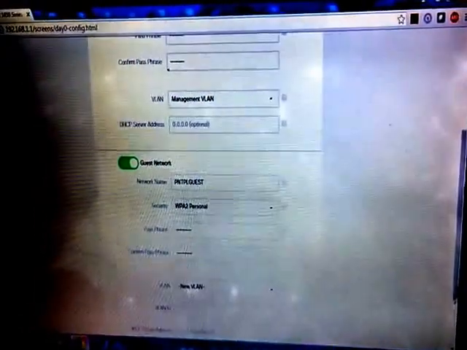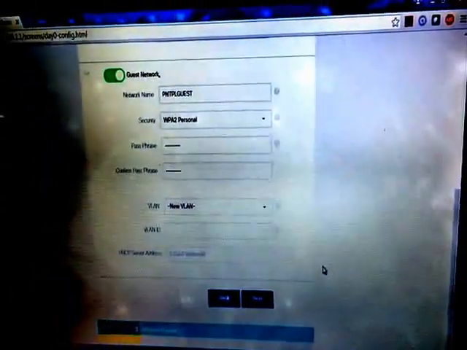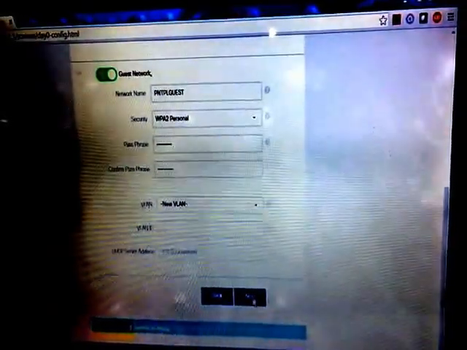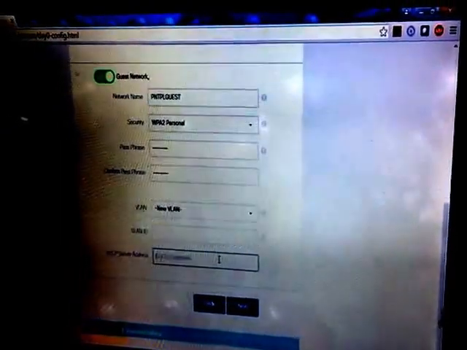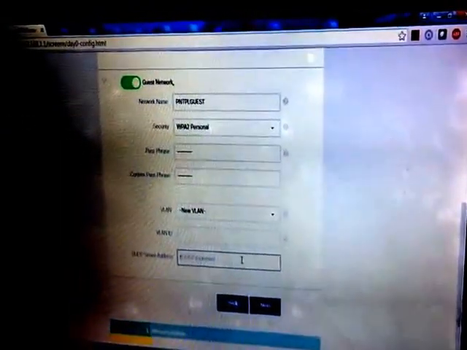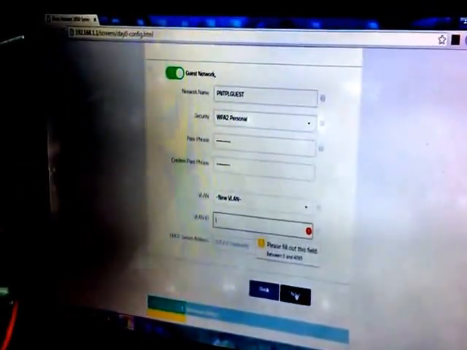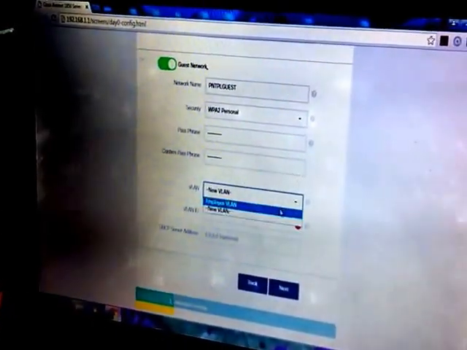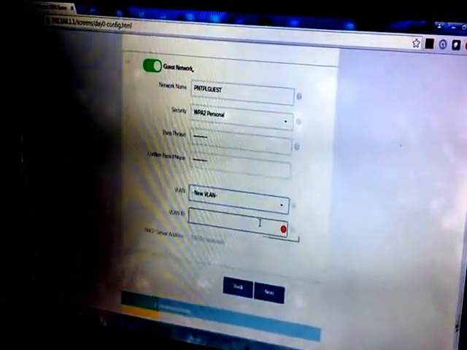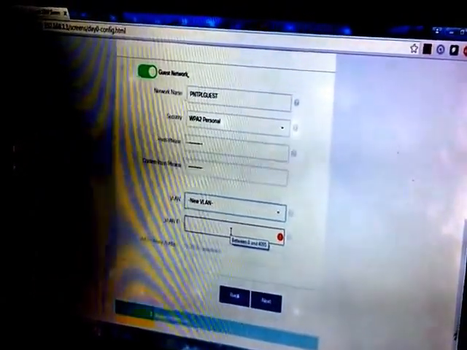You can create a different VLAN for your guest users, so they cannot use your internal data or they cannot reach your internal server. It's optional. If you want, you can give it, or you can give the DHCP server also. The same DHCP server which I am using for my internal network can be used for the guest by assigning the VLANs. I have to give the VLAN ID over here, and I have not configured the same for my network, so I am disabling this guest network.